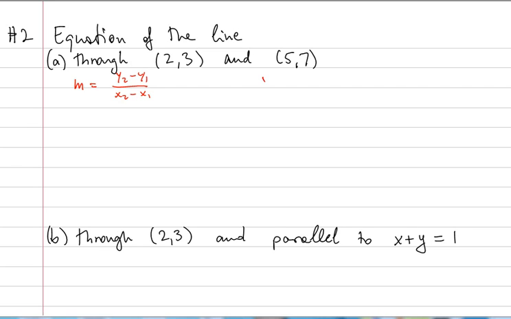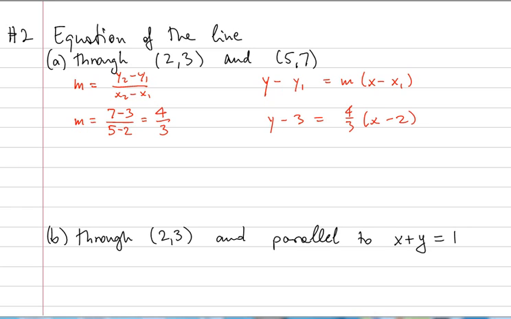And the other thing is that the equation of a line with a known slope is given by this, where in the missing spaces you put a point, so y1 and x1, for example. You could use y2 and x2. So let's compute this. The slope here is 7 minus 3 divided by 5 minus 2. So 4 over 3, and therefore the equation of the line is y minus 3 equals 4 over 3 times x minus